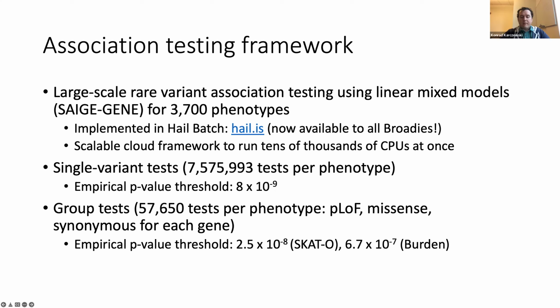In this iteration of the data set, SAGE gene actually implements this: we used every variant, not just common or rare. But SAGE gene downweights common variants because, first of all, we've already discovered them in GWAS, so there's no point in rerunning them. And second of all, the common variants tend to be less deleterious, while the rare variants tend to be much more deleterious. So we downweight them by a beta distribution so that you really upweight the rare variants.